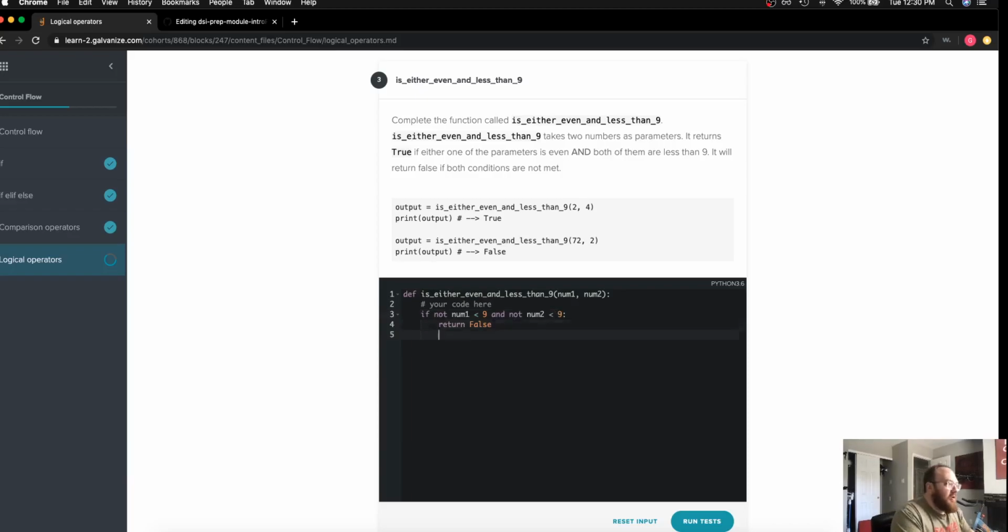Now I do have another condition to check, and that is I want either of them to be even. So I'm not going to use an elif here because I want to continue checking after I've checked the first condition. Although, now that I think about it, an elif will work just fine. The next thing that we are going to do, again, I want one of them to be even. So I'll say elif